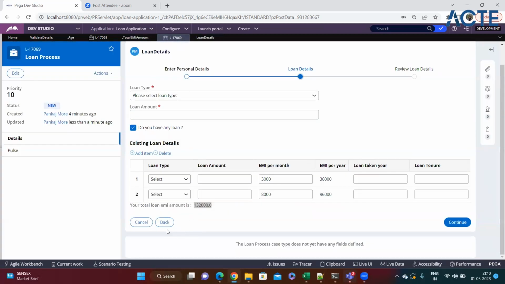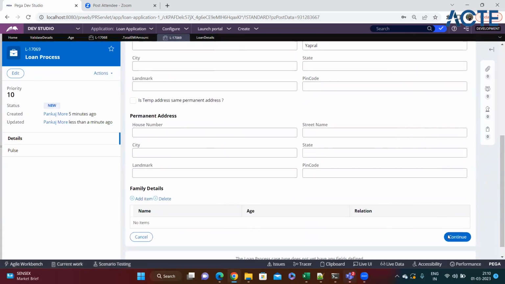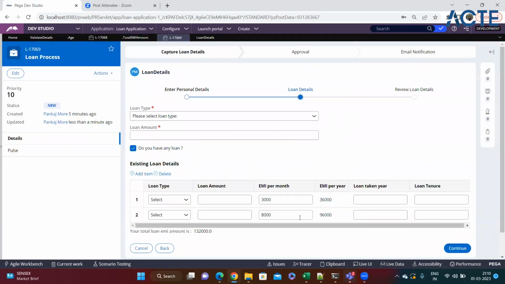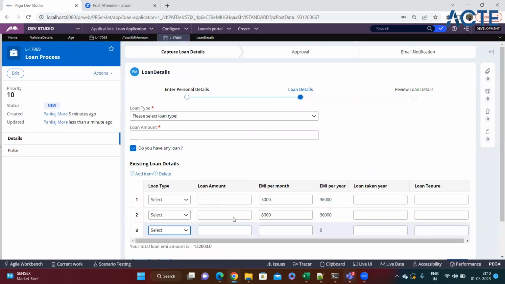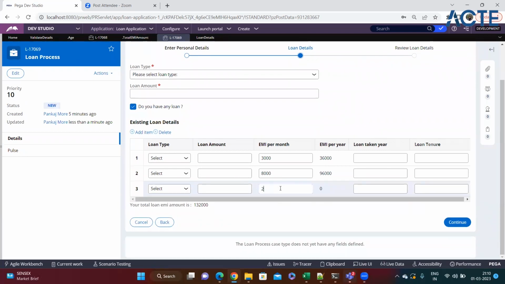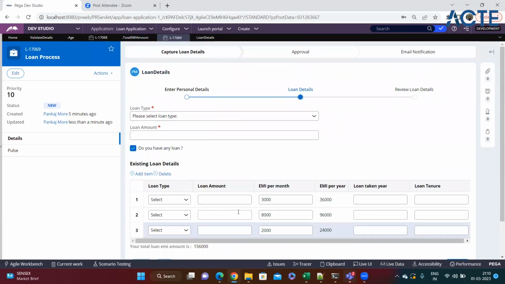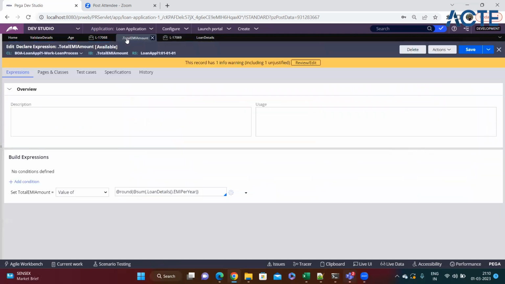Okay, so now, let's say I put 2,000 rupees now. Okay, now you can see that the point zero has gone. So these are the few things that we have learned till now. And also in yesterday's session